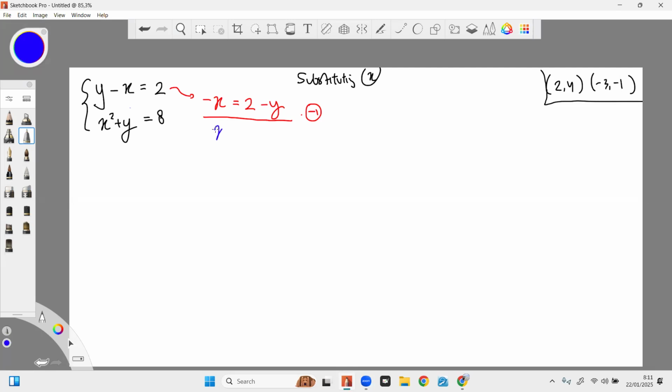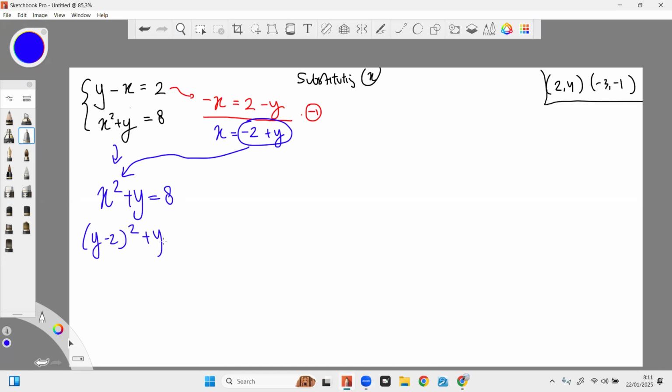You multiply by -1 on both sides, -2 plus y. And then you put the x as -2 plus y, or we can just write y minus 2, yeah? y minus 2 squared plus y equals 8. Does it make sense for you? You can put x equals y minus 2, just be in a proper order. And y minus 2 squared, separate, or you can do the expansion,